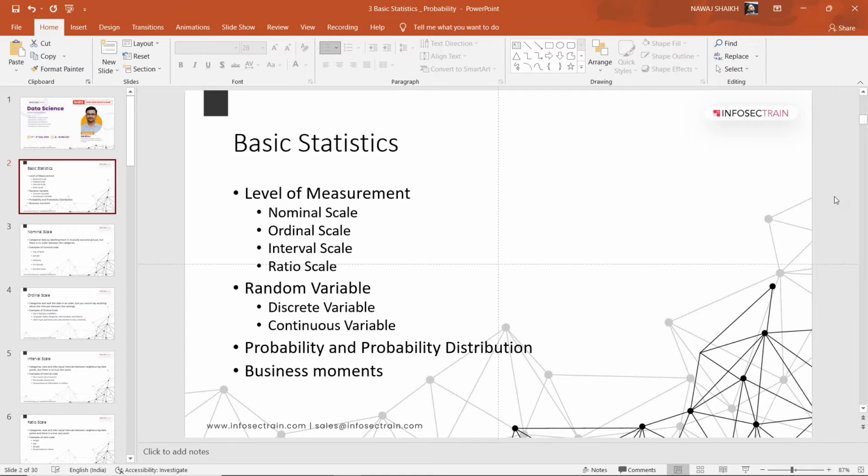Most data scientists focus on the data pre-processing part in their data science project, meaning they work 60 to 70% of the time in data pre-processing to analyze the data and find more insights from it. That's why it requires a good understanding of statistics.